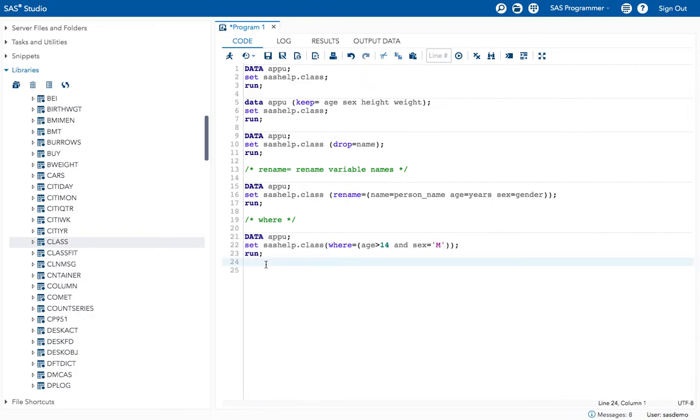So the next ones are FIRSTOBS and OBS. Okay, I'm using the same data.